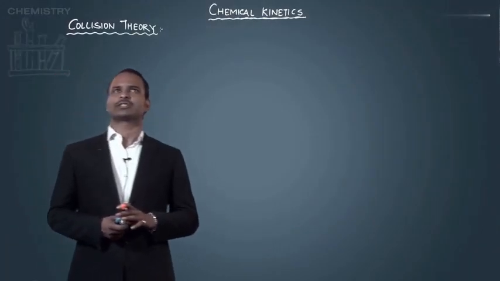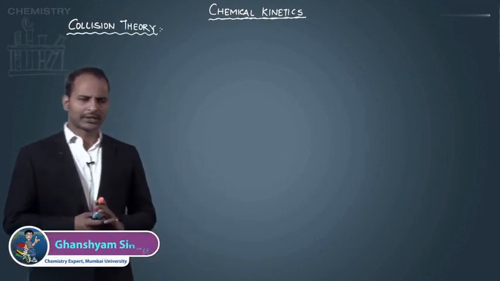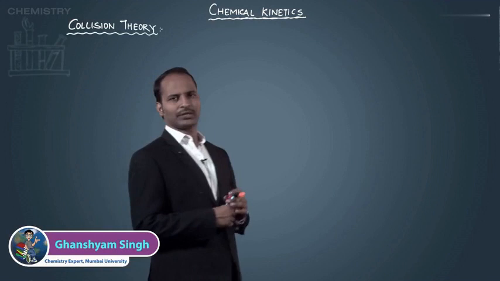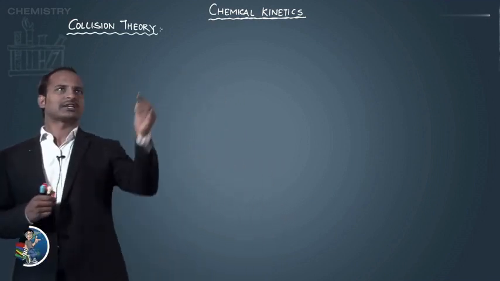Now the next topic we have in the chapter is the collision theory. Now what is collision theory? The theory is related to the rate of the reaction, how the reaction takes place. Suppose there is a reaction